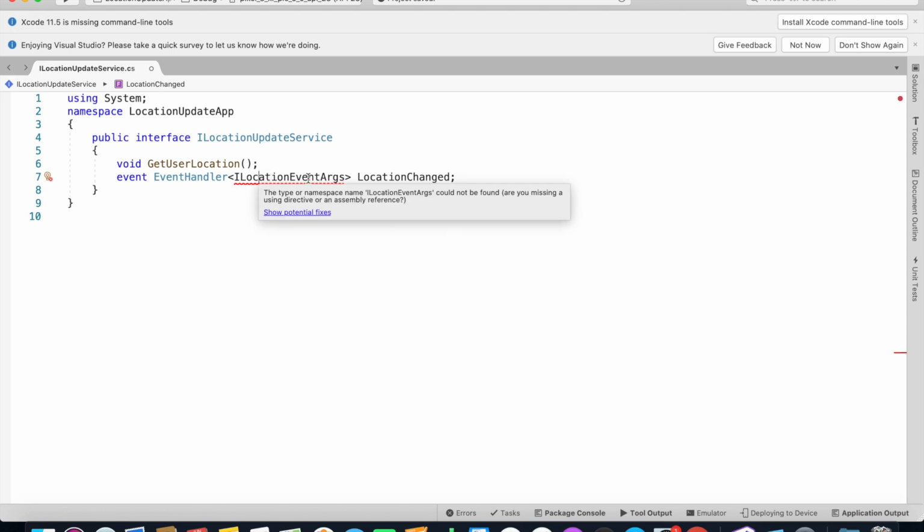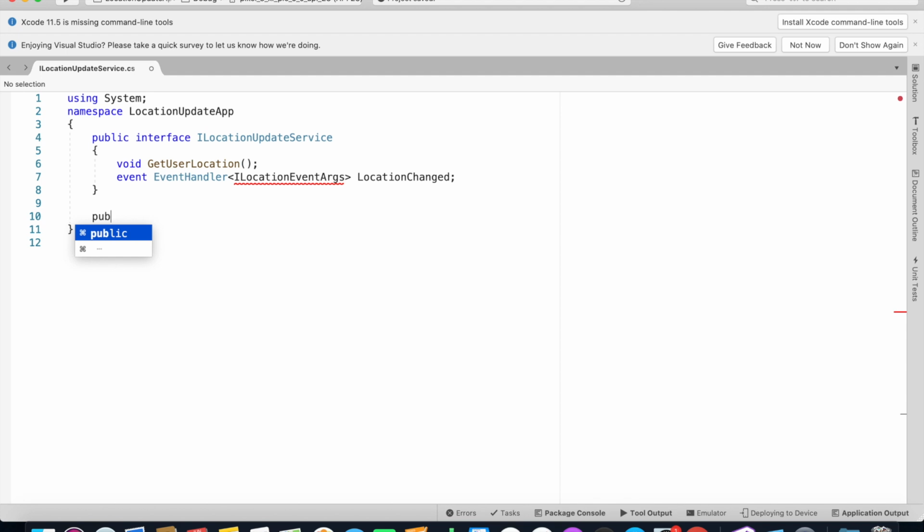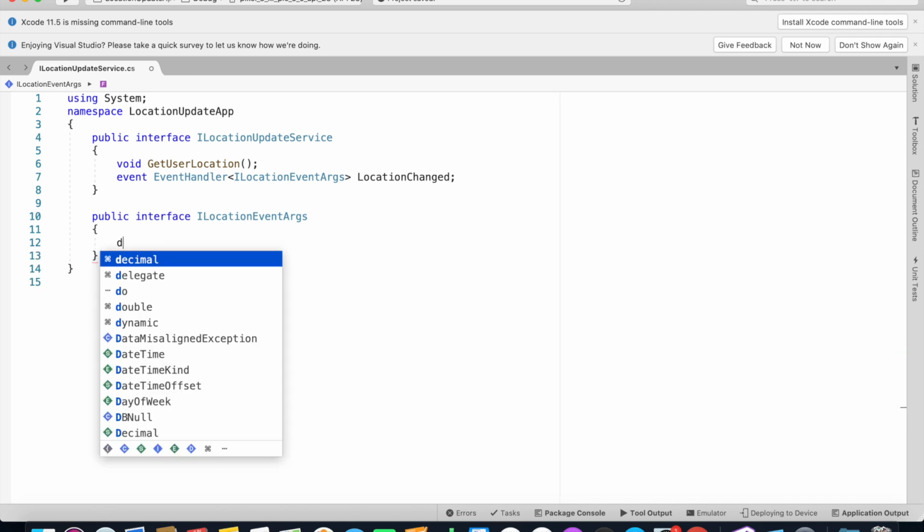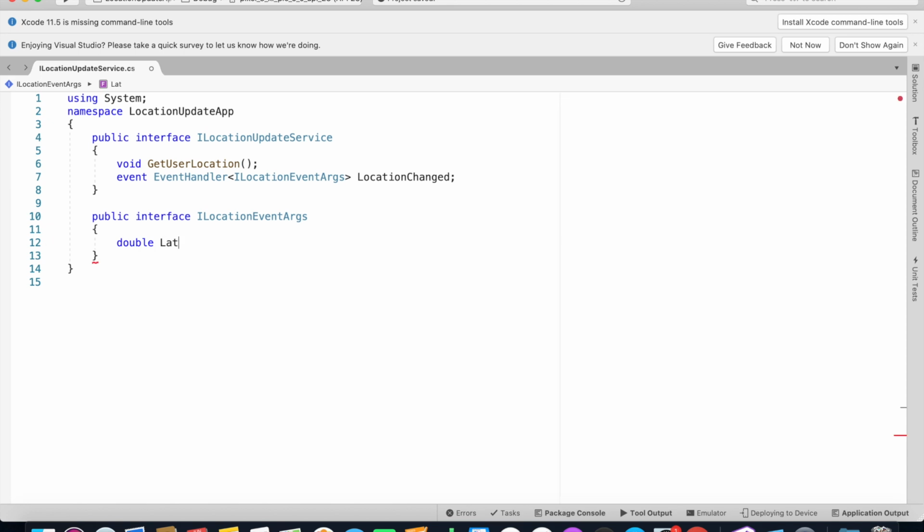So we need to create this event args here too. So we would say public interface ILocationEventArgs, and that takes double latitude and double longitude. So that's it, done on our shared